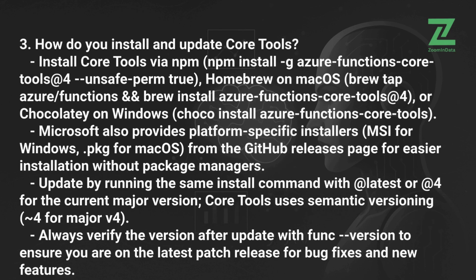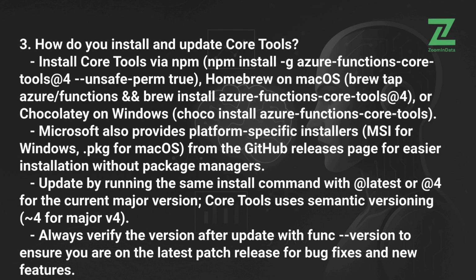3. How do you install and update Core Tools? Install Core Tools via npm install -g azure-functions-core-tools@4 --unsafe-perm true, Homebrew on macOS, brew tap azure/functions and brew install azure-functions-core-tools@4, or Chocolatey on Windows, choco install azure-functions-core-tools. Microsoft also provides platform-specific installers, MSI for Windows, .pkg for macOS, from the GitHub releases page for easier installation without